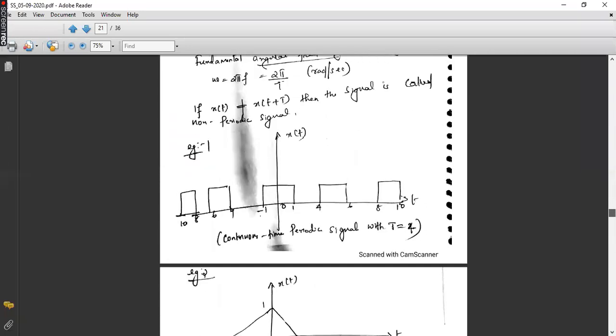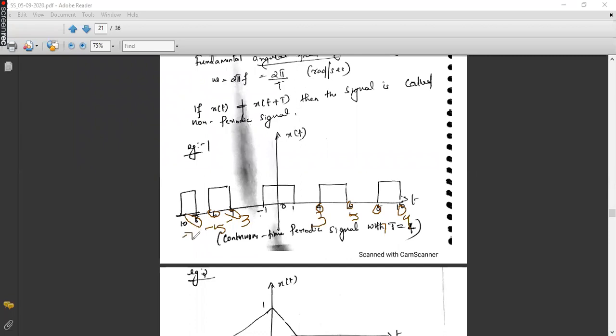Now you have to draw this example. Before drawing this, I think it has some error. Okay, you can replace. You just draw the signal. Here you replace 3. Instead of 4, you put 3 here. Please note carefully and draw in your signal. This will be 5 and this will be 7. This will be 7 and this will be 9. Same thing here. This is -1. This is -3. This is -5. And this is -7.